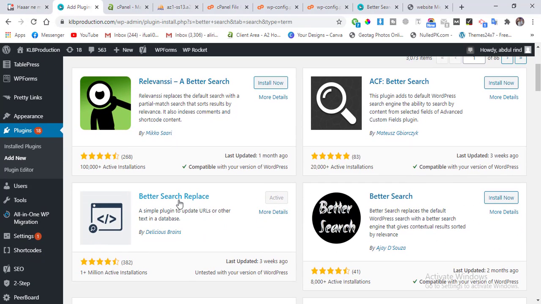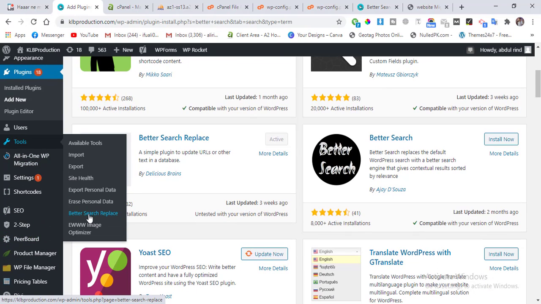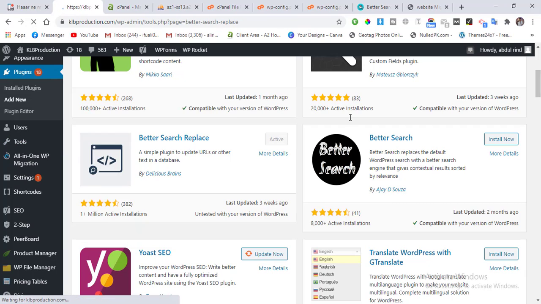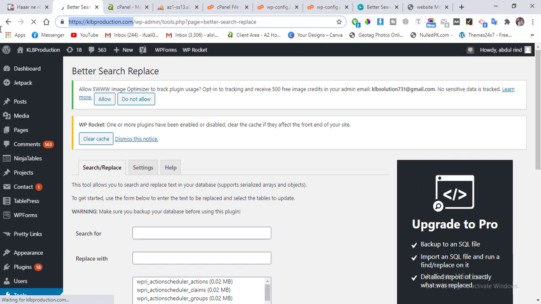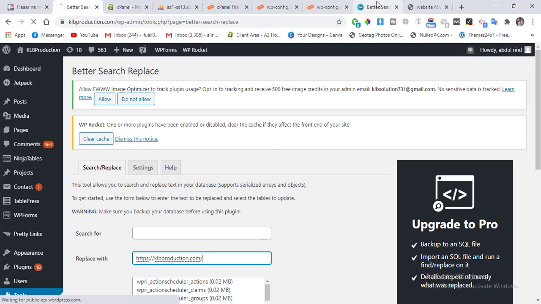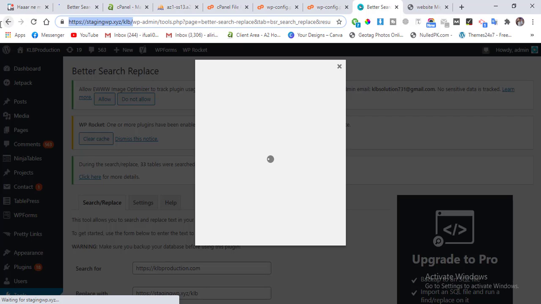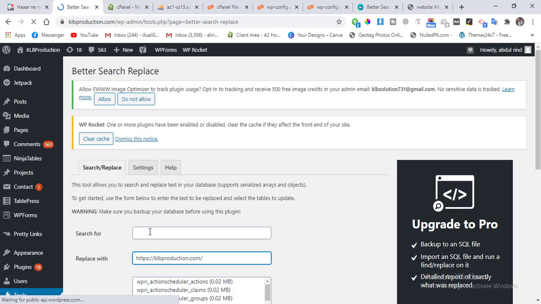Here is the plugin. I have already installed and activated the plugin. Go to Tools, click on Better Search and Replace. Copy the website URL you want to replace, and here you can copy the same URL.